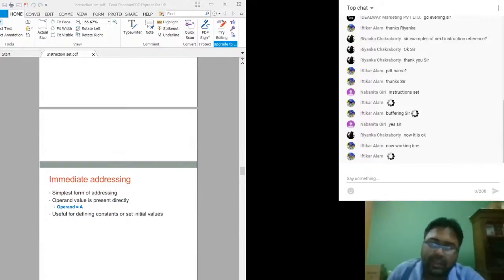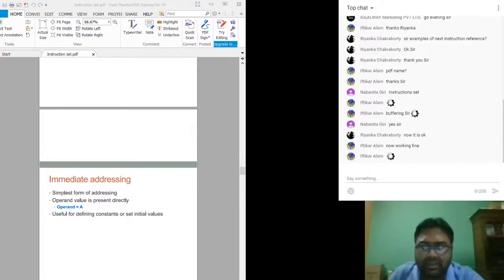So the simplest is immediate addressing. This is the simplest form of addressing, where the operand value is given directly in the instruction. Classic examples are ADI A, 05H and SUI B, 01H.